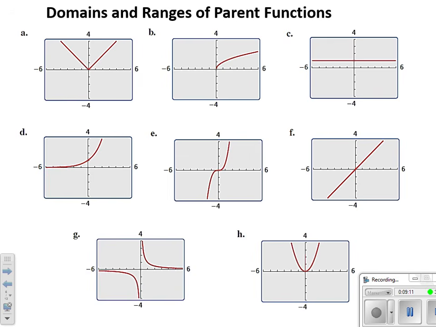So for letter A, these are the same functions we used for our introduction. We've got to remember that if we zoomed out, the graph would continue. So I'm going to sketch in those arrows as we go along. For this first one, as I look along the x-axis, domains are the x's, and they tell me the domain. I'm always going to see an output above any x value, right? It's going to continue off to the left and off to the right. So we would say that the domain is all real numbers.